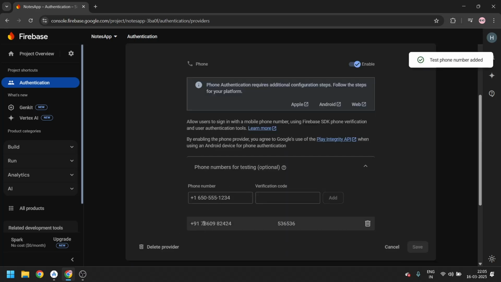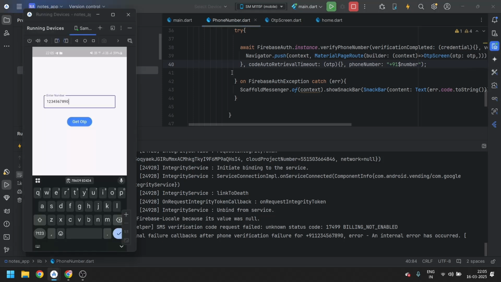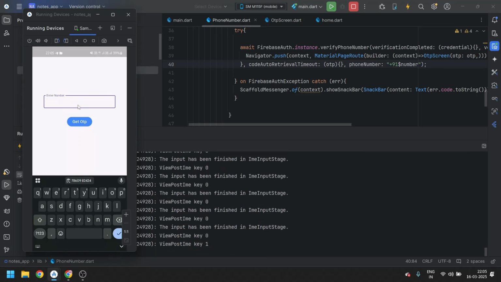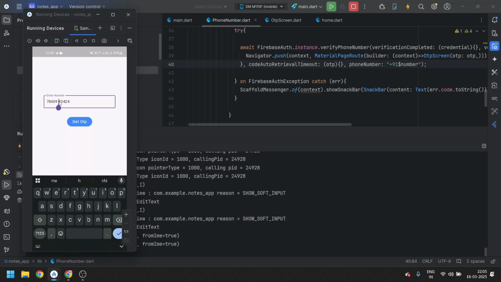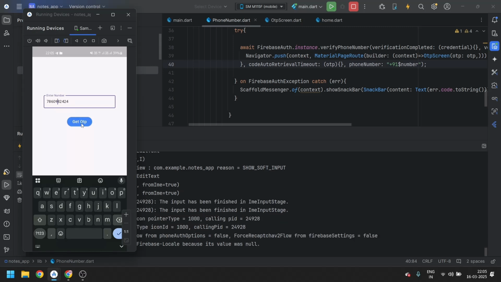Now you can see we got the phone number and we also got the OTP. So just go to Android Studio again, open the running devices. Let's just open it and paste the phone number which we just copied into the phone number field. And now click on get OTP.